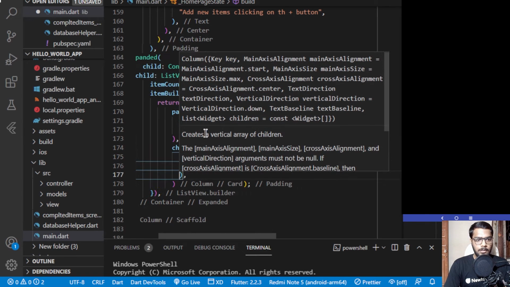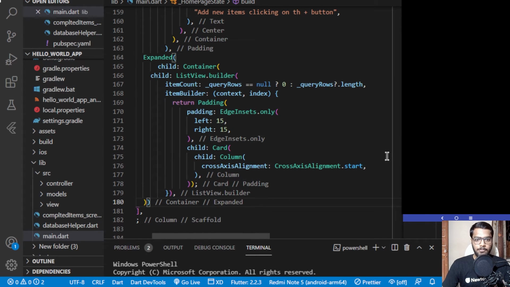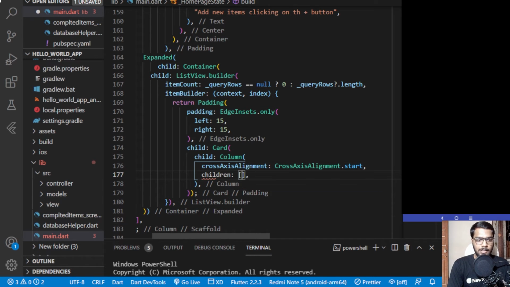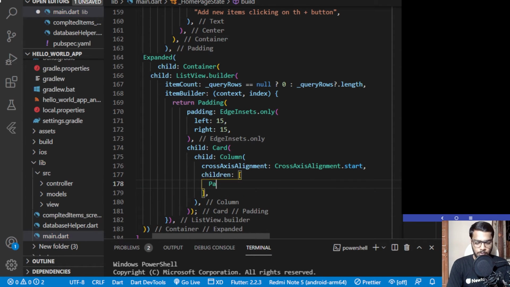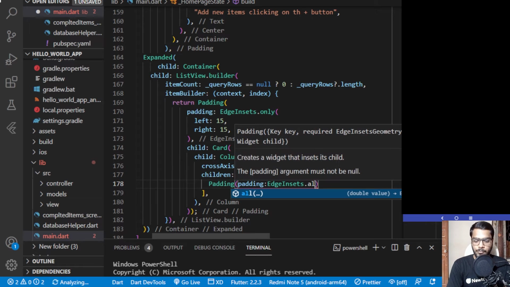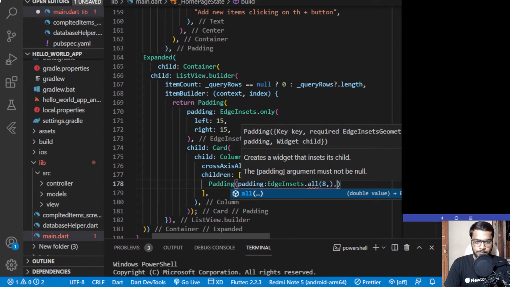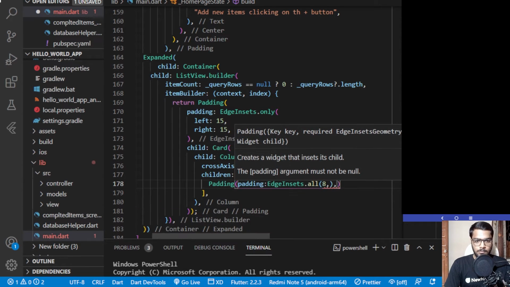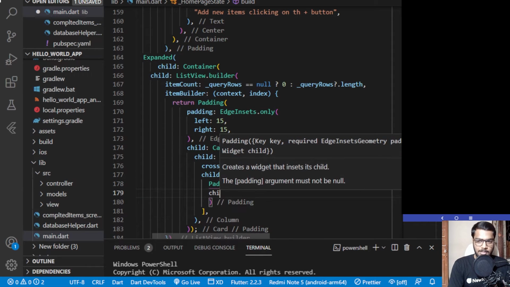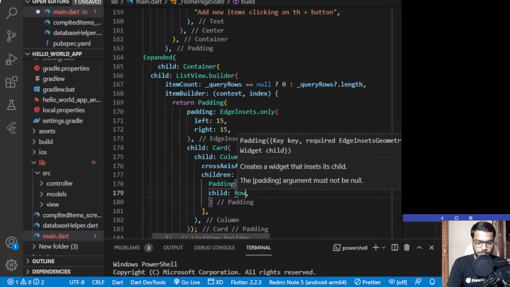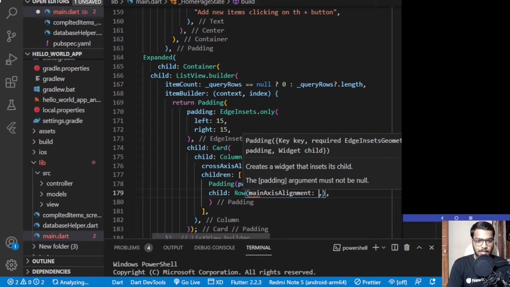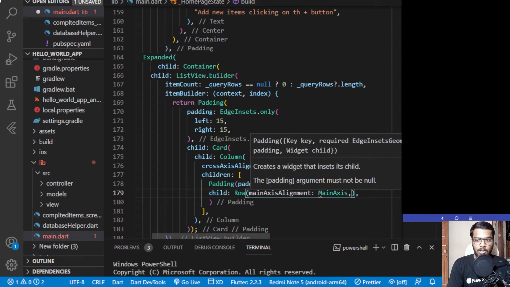And let me save it once so that formatting could take place. And after this cross axis alignment, adding the children which a column has. So the first one would be a padding, which takes a padding of EdgeInsets.all with the value of 8, and this will be having a child set as row, having a main axis alignment set to MainAxisAlignment.spaceBetween,